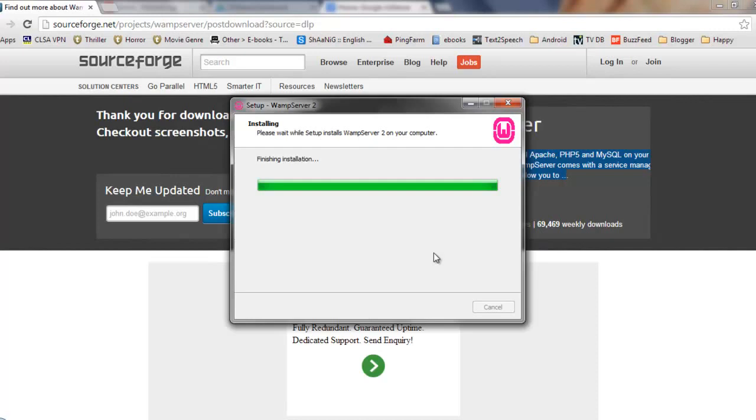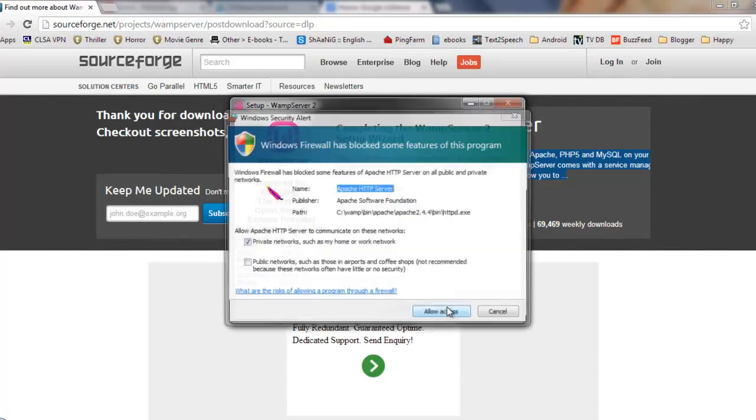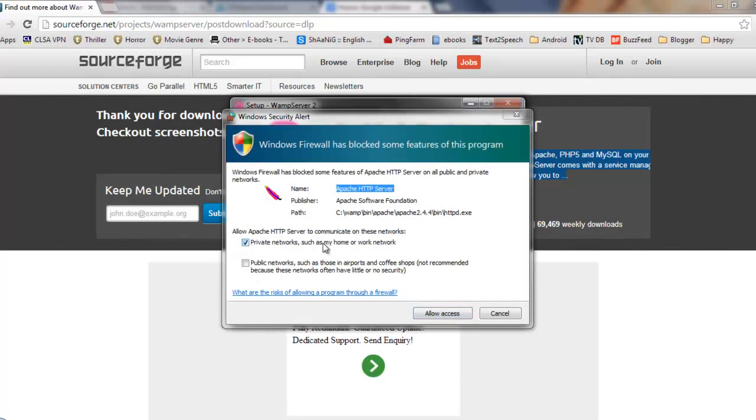Now it is finishing the installation, and your PC is now ready to host any local website. This is very useful if you are working on a project, or you are working on your own website and you want to do some tests on the version of PHP or MySQL.